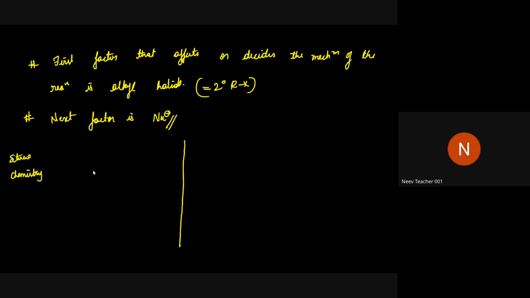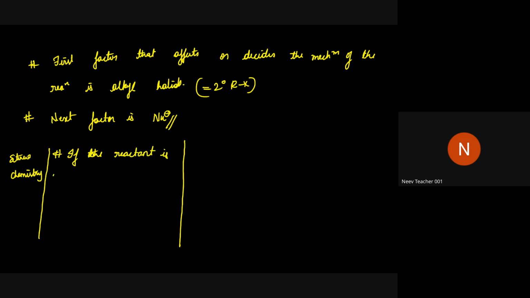Okay, while giving a true or false question, it is especially important. Such questions come where they will directly write that my alkyl halide will always give two products if it is going through SN1. Just by reading the statement, we will think that yes, it should give a racemic mixture, so it should be two products, but it is not true. So the first thing that they have to mention is if the reactant